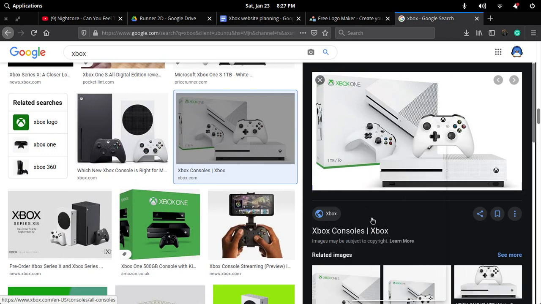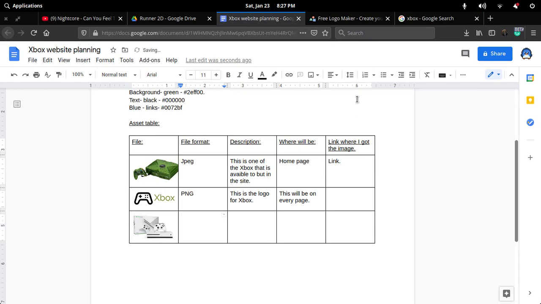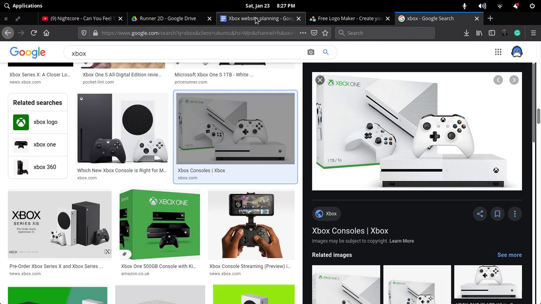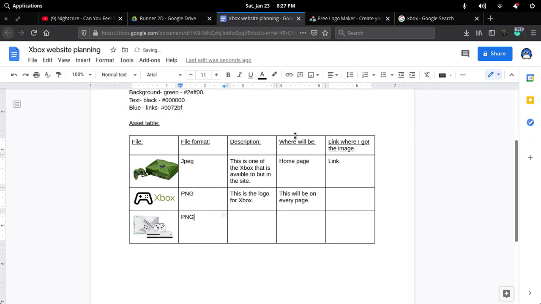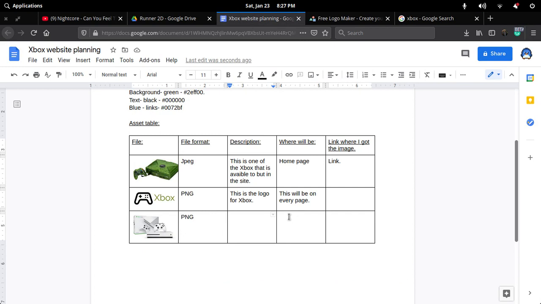Let's go copy an image, and now what we can do is paste it into here. So that one is a PNG file, isn't it? I don't really care. In real life, it doesn't really matter. Okay guys, so now what we need to do is write a description of what that picture is. So this is the picture for the Xbox for the